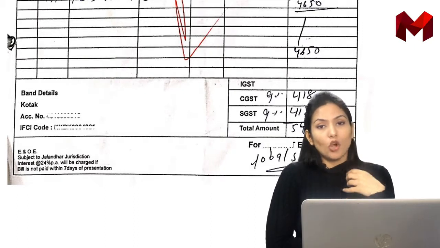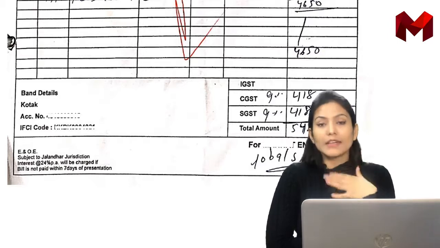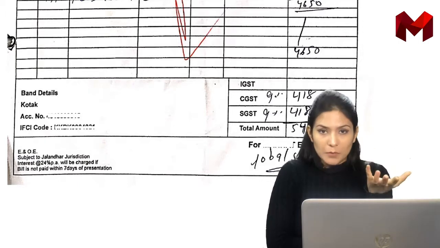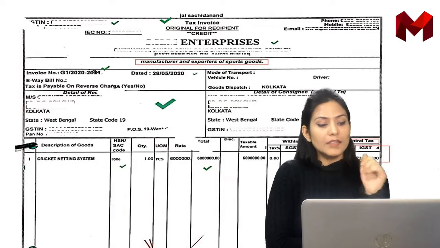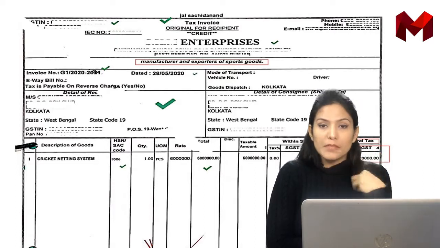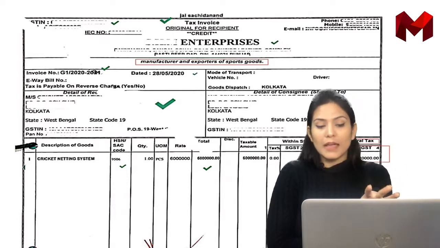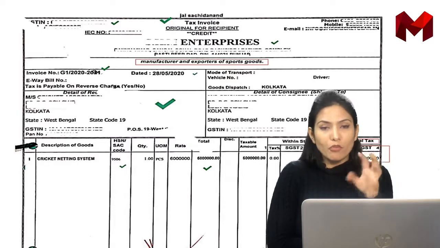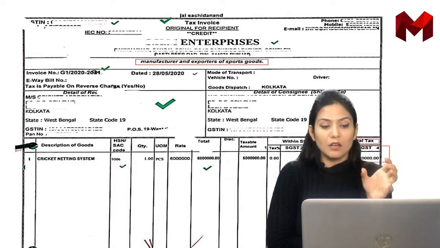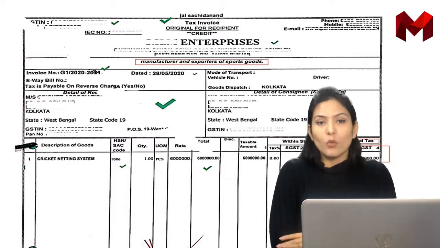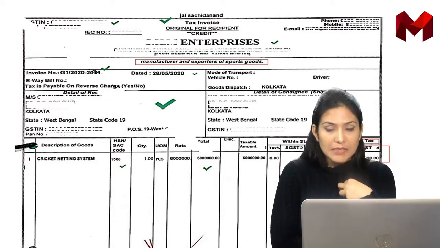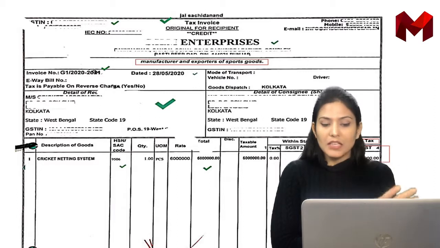Now if we talk about the sale bills, let us assume that I am the seller of cricket items. This is the bill. Let's suppose the cricket netting system, I am in the business of cricket netting system trading. This is my bill, dash dash enterprises. My GST number is there, tax invoice is there, my phone number, email IDs, my basic business, the manufacturer and exporters of sports goods, that is mentioned. The invoice number, my invoice number series is mentioned. The date is there. Everything is mentioned on the bill.